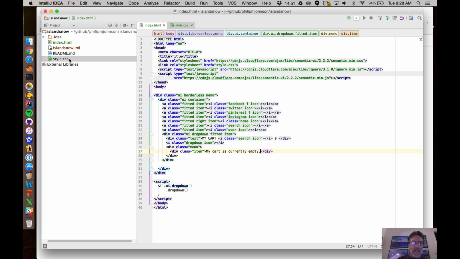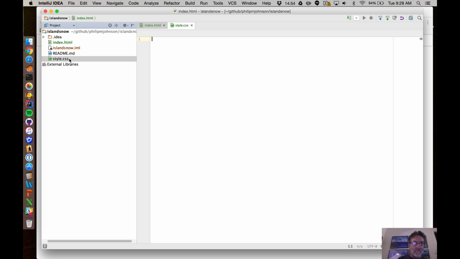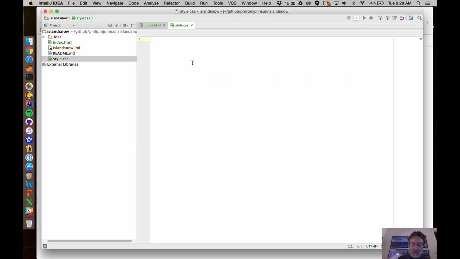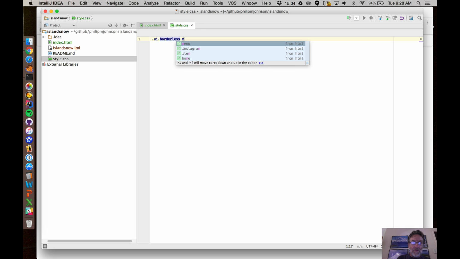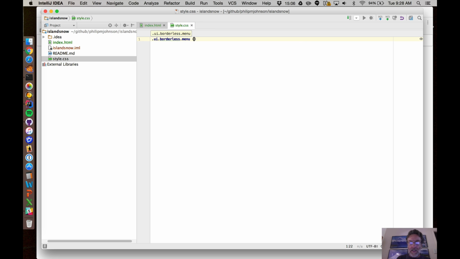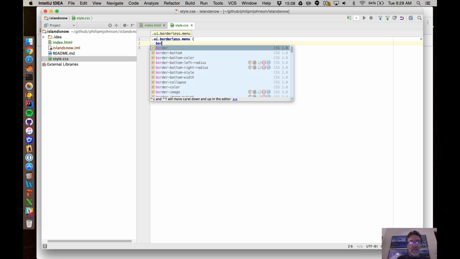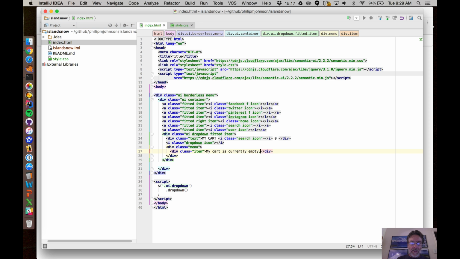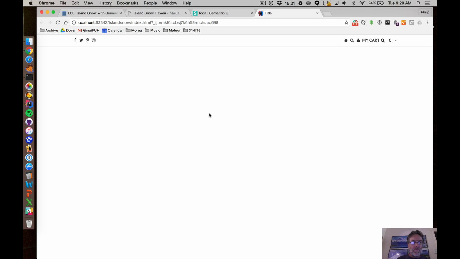So we can go to style.css, and if we said, what is it, UI borderless menu, .ui .borderless .menu, then we can do something like border color, put in our color, and then if we go back to here and we preview,